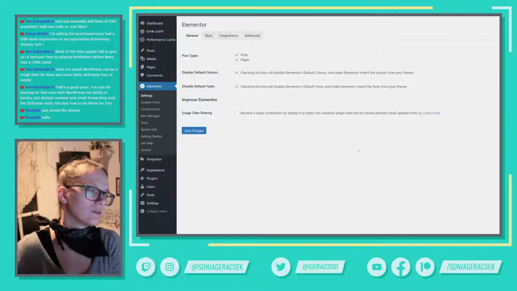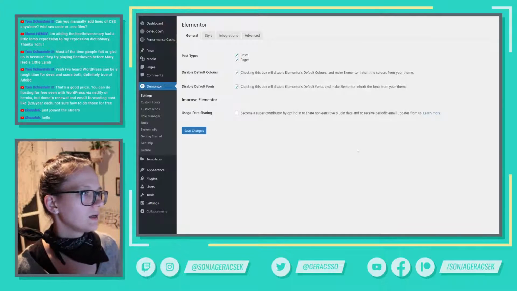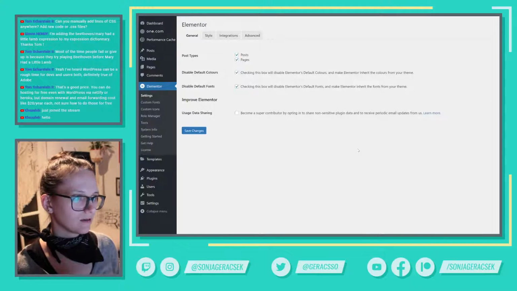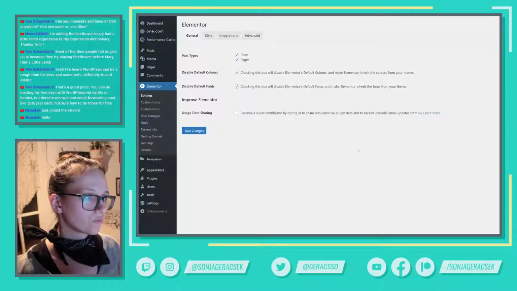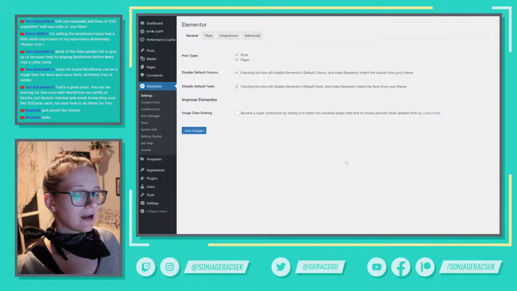Okay, so there's a question in the chat: can you add lines of CSS anyway? Yes, you can. You can also add raw code and CSS files. That's part of the abilities WordPress offers. However,